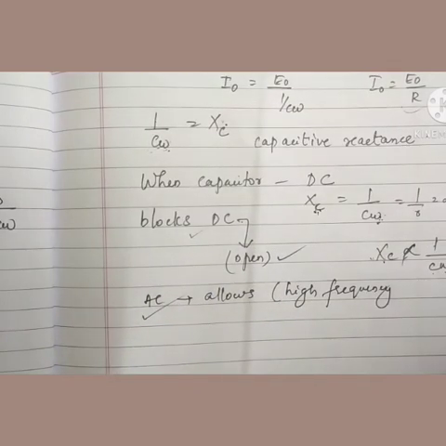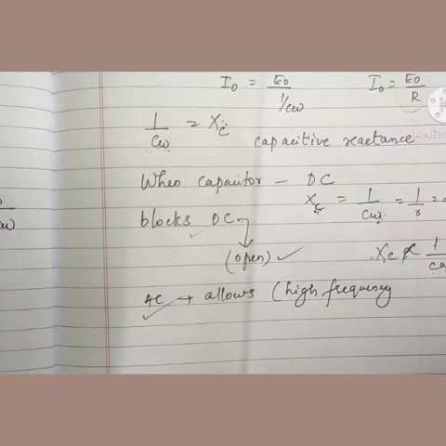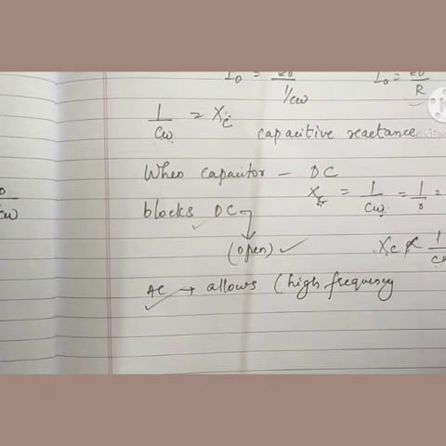Understood? So that's all about the individual circuits like resistor, then inductor and capacitor. In the next class, we will study the combinations of LC, then LR, CR, etc. And finally, we will move to LCR circuit. Okay, so go through this topic clearly and get ready for the next class. Thank you.